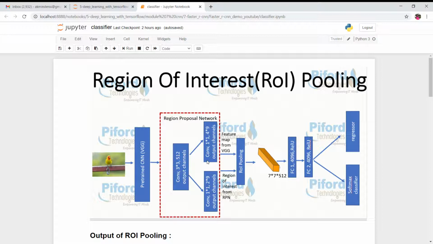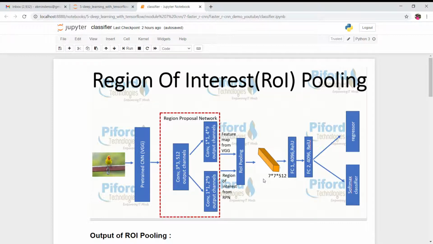So basically ROI pooling will produce a fixed size feature map from the different sized regions using max pool on it. It accepts the different sized regions from the RPN and then produces the fixed size feature map.